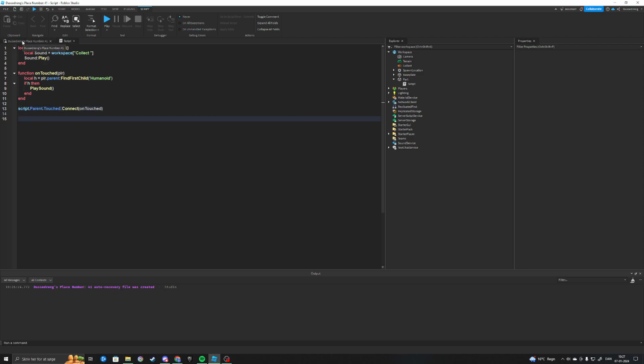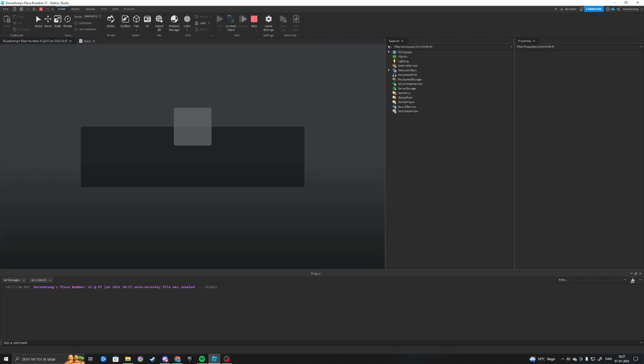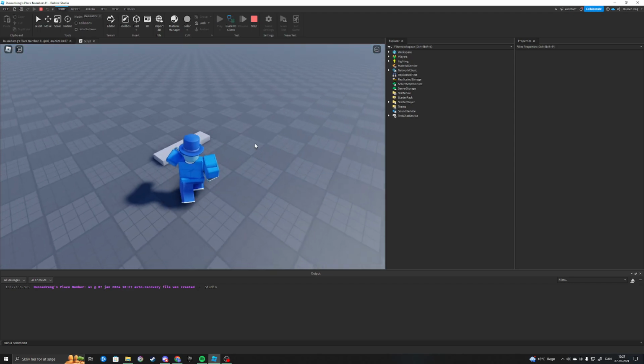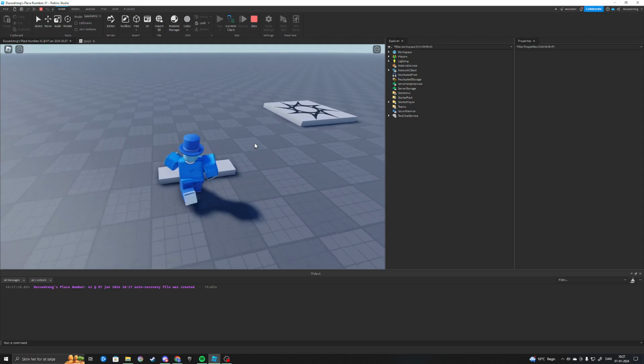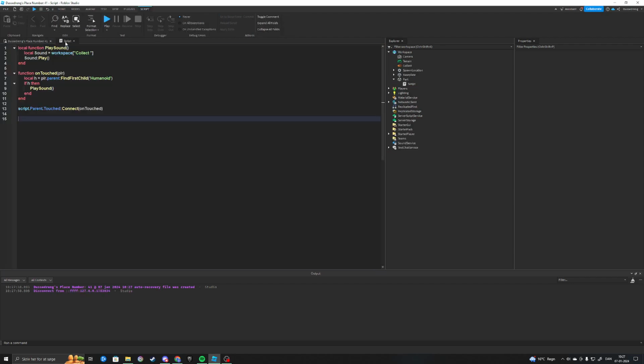So now if we go in here and we play, then we should be enabled to go in here and sound play. But you hear it's overlapping with itself. So how we can stop that from doing it is we can do